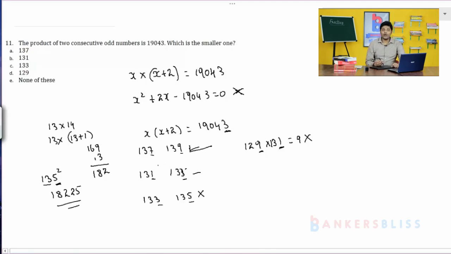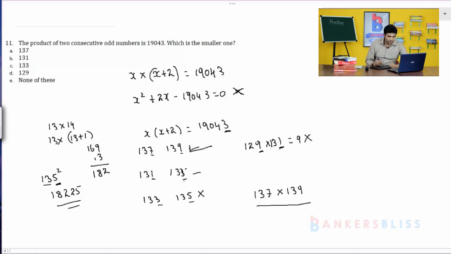But you have one more option called none of these. So, do not take a risk, you cross verify. Okay. So, 137 into 139, you cross verify. See, based on this we have analyzed and identified that 137 into 139 can be the answer. If you did not have none of these, then blindly you can mark it as 137, but you have the none of these option. So, please go and verify.